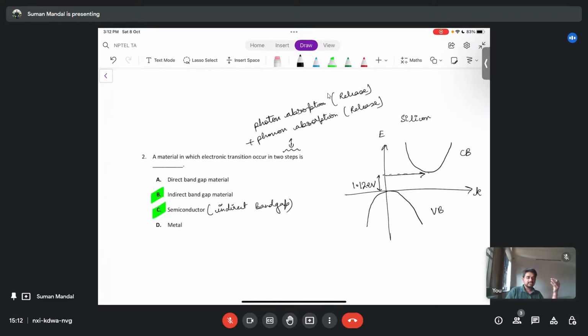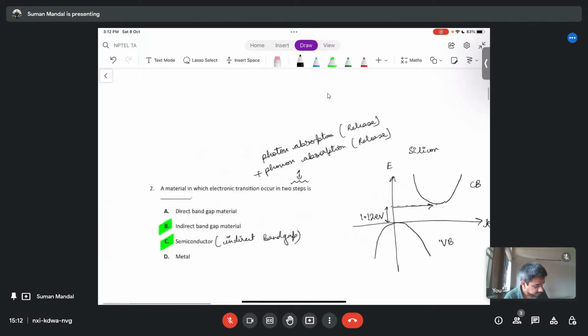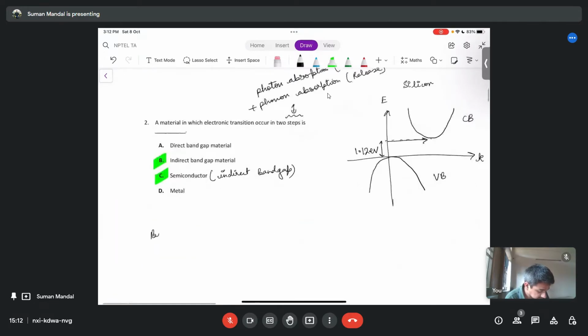The system has to either absorb the energy of a photon as well as absorb the momentum of a phonon. But both photon and phonon have energy and momentum. So the question is,